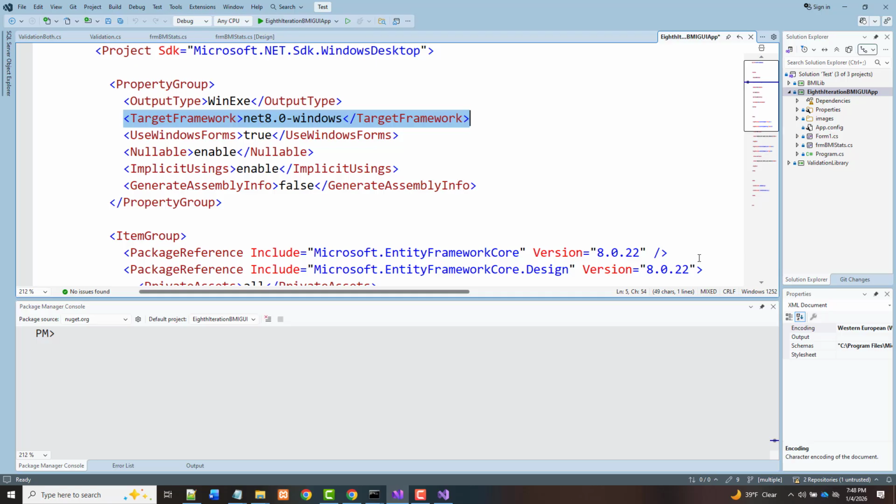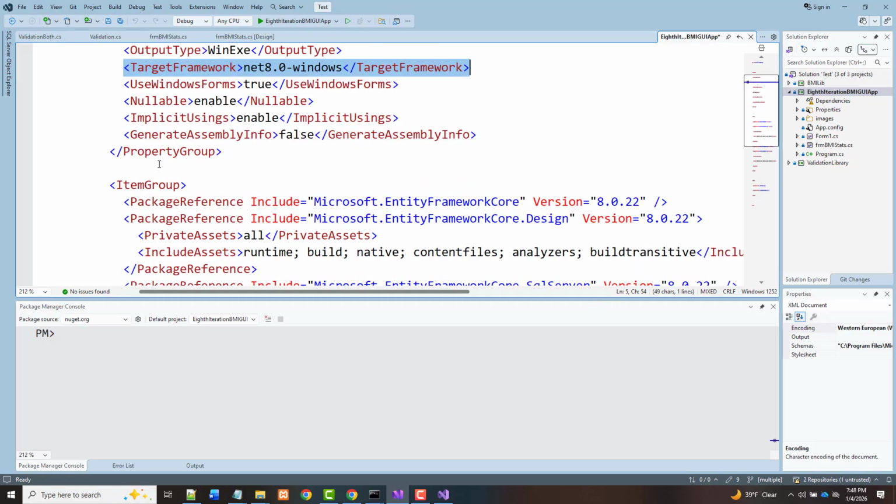The problem with that is that using it in that way introduced a whole lot of problems. I literally spent hours going from site to site looking for solutions on how to fix this. What I ended up doing was retargeting the framework, as you can see right there, to .NET 8.0 minus Windows, which is version 8. That allowed me to come in here and add